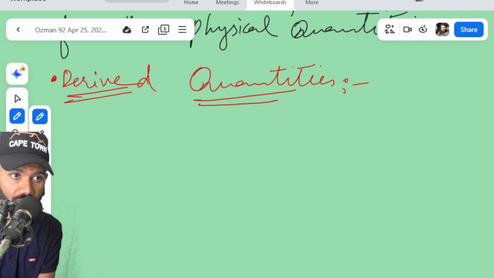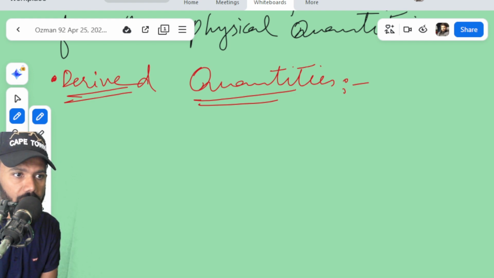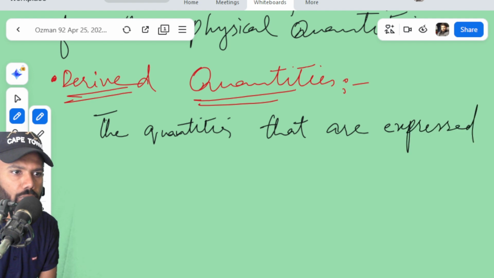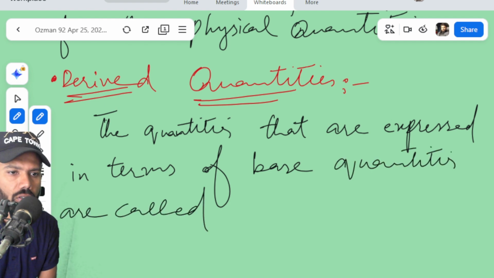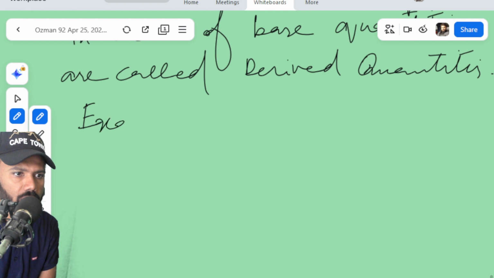So I'm going to write the definition of derived quantities. The quantities that are expressed in terms of base quantities are called derived quantities. So examples we have